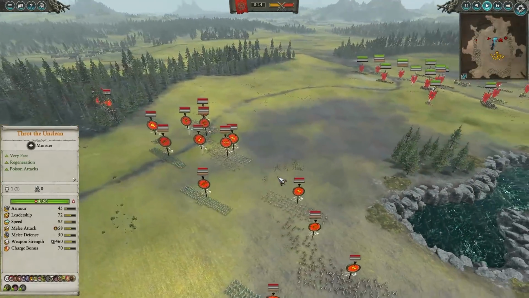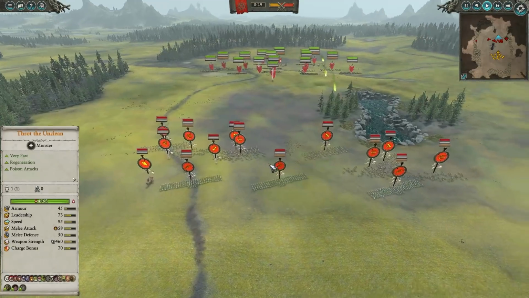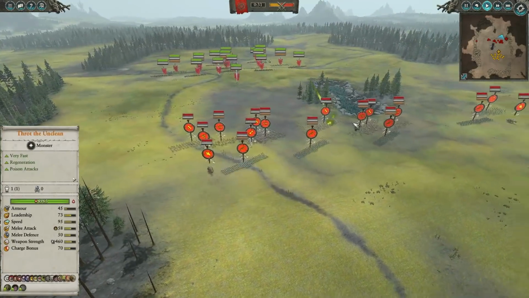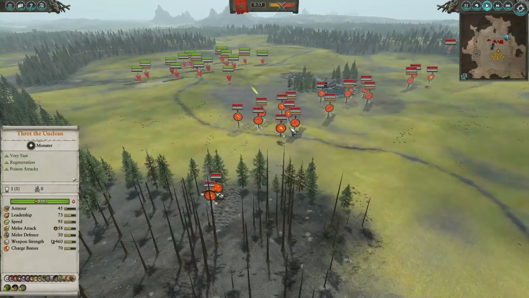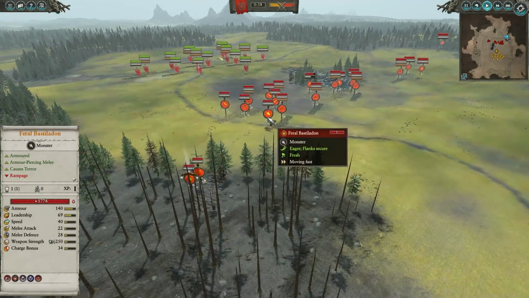Now, for my opponent's army, he's got a huge battle line of the red-crested skinks, backed up by, I think, the maximum amount of chameleon skinks. Cohorts in the back, Feral Bastillodon, it looks like 2 in total. Feral Bastillodon's pretty good against Skaven. They're cheap. They can actually do a lot of damage against Skaven Footlords,